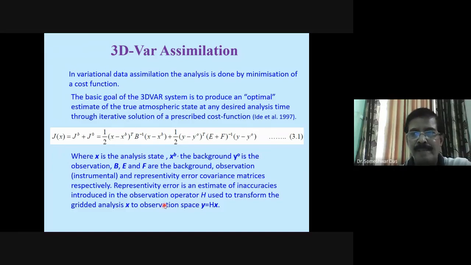But we say that this observation is representing the whole of Jaipur. Although surface observations can also vary; there can be a horizontal gradient, and the value may be slightly different at a distance of 10 or 20 kilometers. But we say that this is representing the whole city.